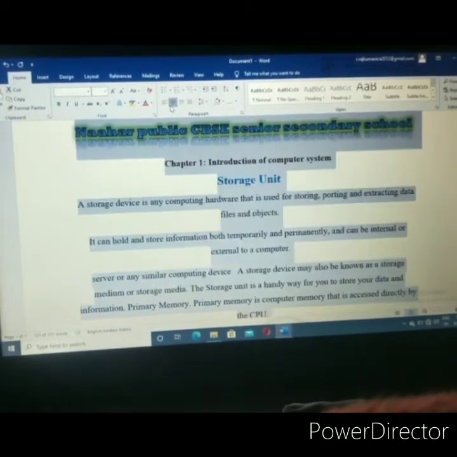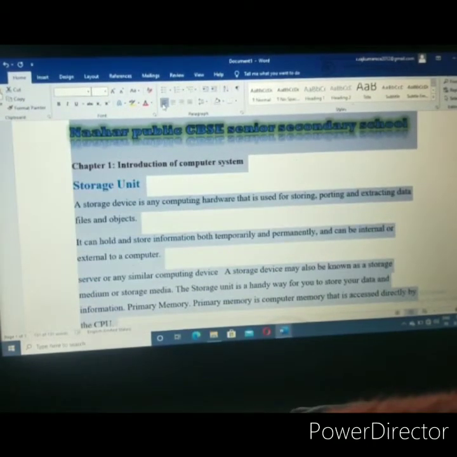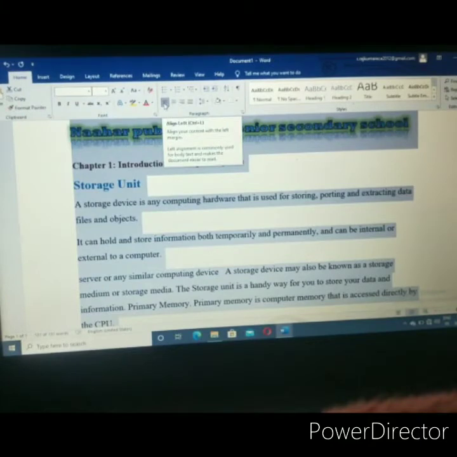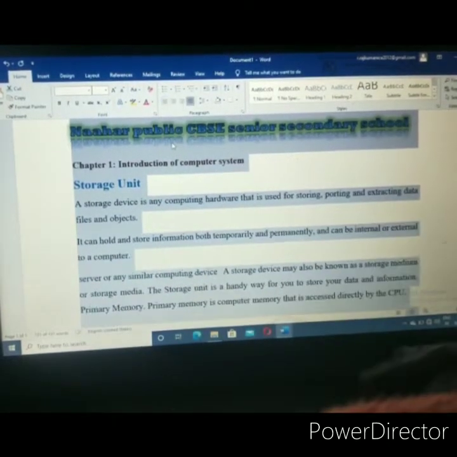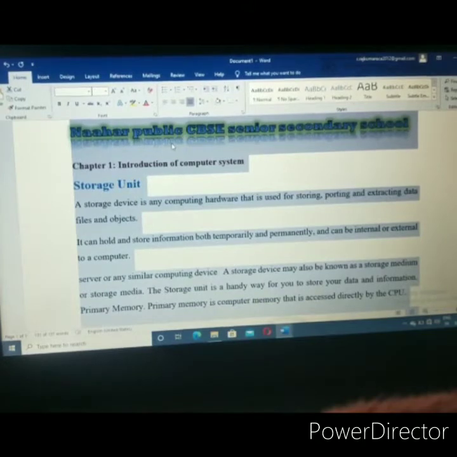If you click this, your text becomes centered. If you click this option, your text becomes left aligned. To align your text to the left side, Control plus L is the shortcut.